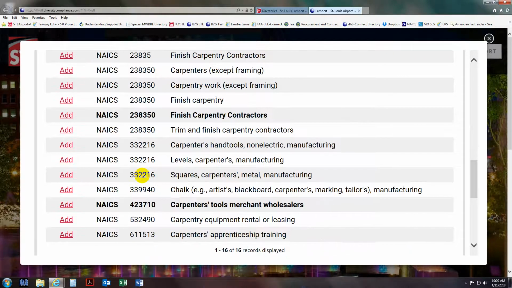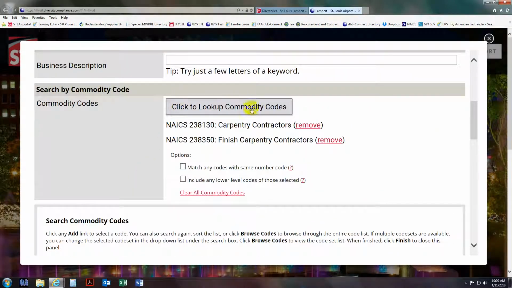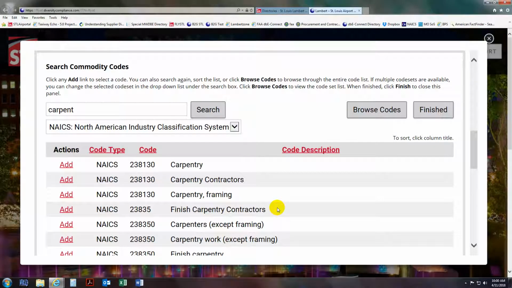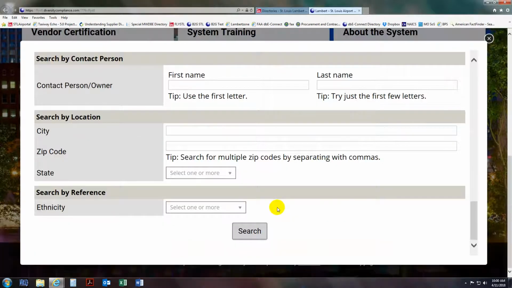Once you've added all of the ones that you would like to include, you want to scroll up where it says click to look up commodity codes and check the box for match any codes with the same number code and include lower level codes of those selected. Once you've checked those boxes and you've selected all of the codes that you would like to include, you're going to scroll to the bottom of the page and click search to get a list of the firms that are